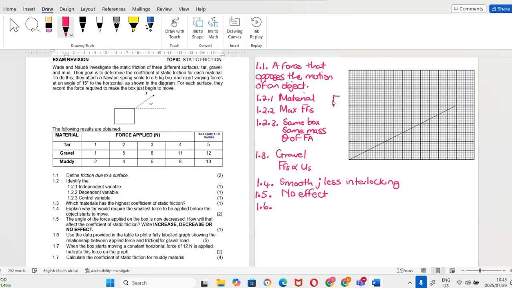So here I'm going to have friction on my y-axis measured in newtons, and here I'm going to have force applied measured in newtons. And then I'm going to have a graph showing a relationship between the force that is applied and the frictional force, right? The frictional force. And then what I'm going to do is come up with values I can use. I can see that the maximum value for the force that was applied there was 12 newtons, and I have